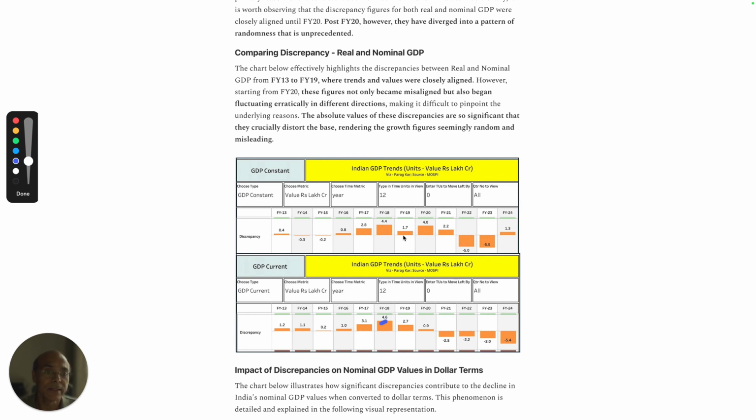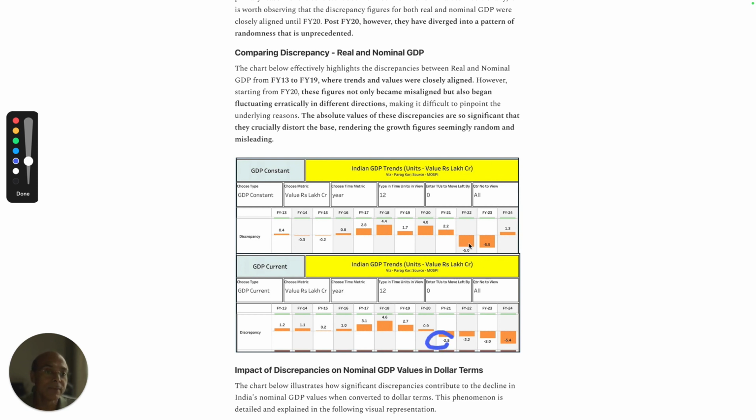Similarly, in FY19, it was positive 1.7 lakh crores, is 2.7 lakh crores. Now, since FY20, the GDP numbers, as far as the discrepancy is concerned, are largely being influenced by the base of this discrepancy. Now you see here, FY20 it was 4 lakh crores, then the discrepancy in case of nominal GDP was 0.9 lakh crores, then FY21 it was 2.2 lakh crores,